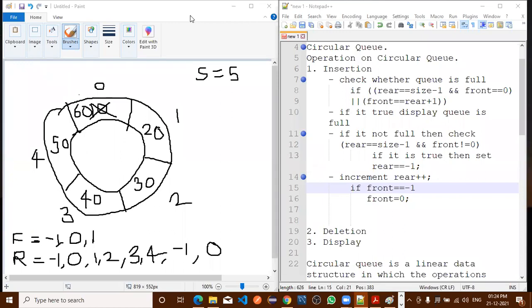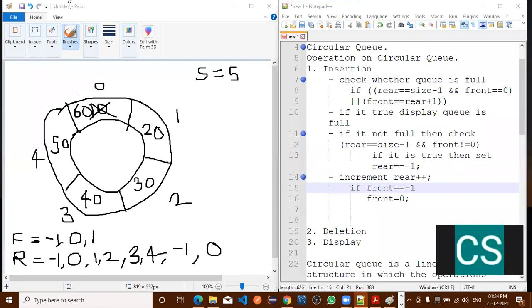Now all of you understood this insertion operation? Is there any question related with the insertion operation? If you have understood, you can write yes in the chat box. If you have not understood, you can unmute yourself and ask the question.